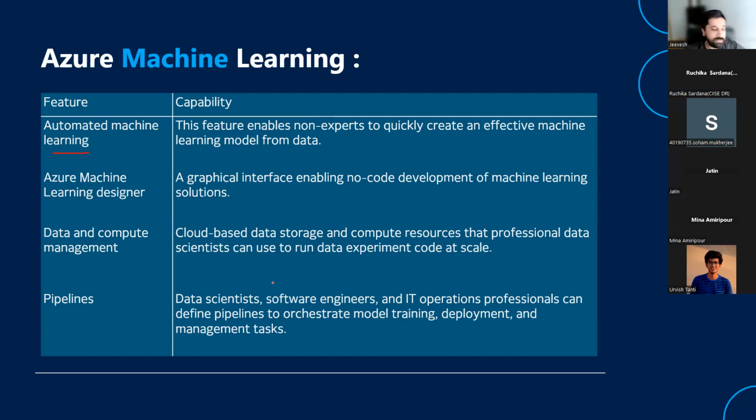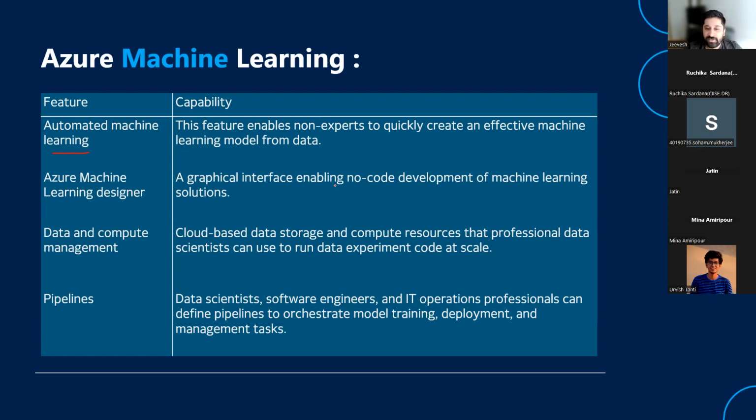That is a very easy, very simple use case which a lot of people are using. We do not need to have coding skills. All we need to do is have some data, train our model with that, and then test it out. Now, this is one practical which we will be doing tomorrow when we talk about the service in detail. But this is the first feature of the machine learning suite of services that we have. So automated machine learning is where you are just given the data or you use a pre-trained model and it gives you some analysis. The second is machine learning designer.